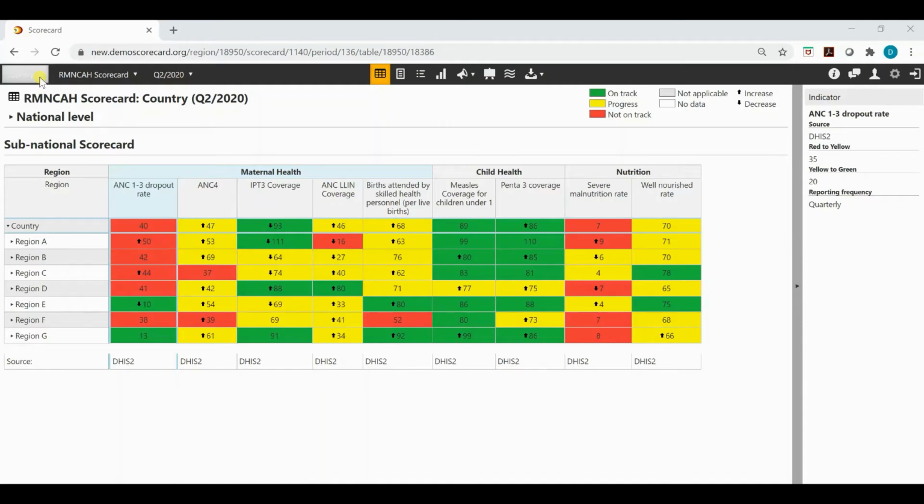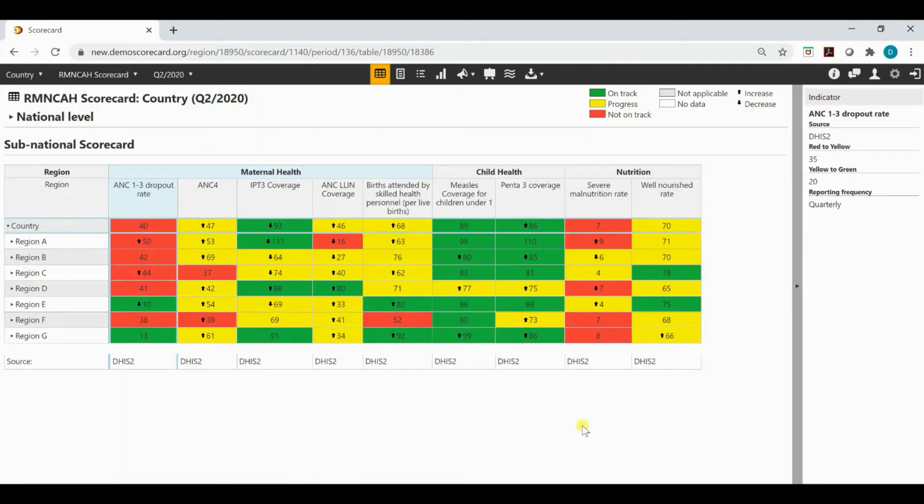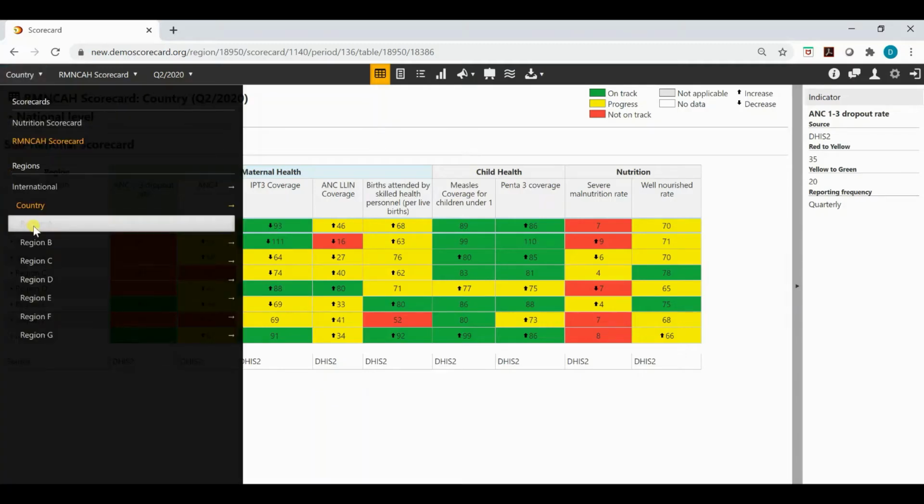For example, the first button allows me to select and isolate the scorecard at national level, the scorecard for a particular region, or even a district or facility level scorecard. Let's take a look. Right now that I have selected country, we can see the scorecard that is showing is for the entire country. If I click again, I can select a particular region,